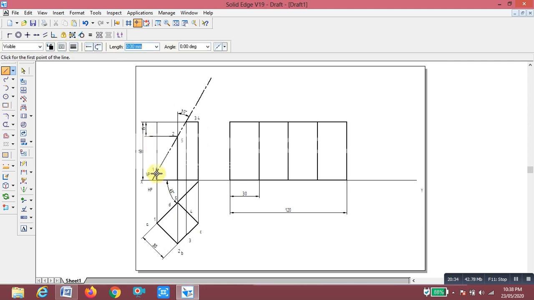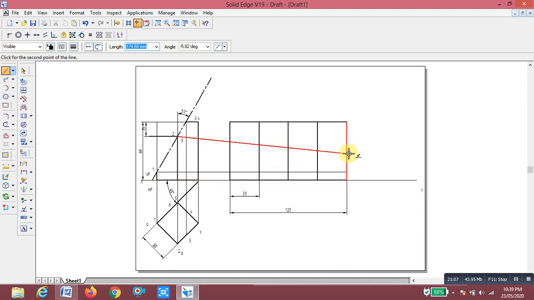Again from this point we draw another horizontal line up to point 2 and 5.